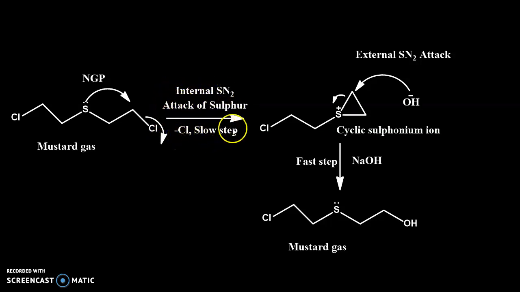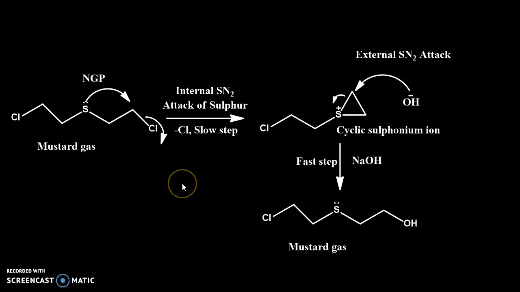Chlorine is a leaving group. This is the slow step. Now this is the cyclic sulfonium ion intermediate. This OH is the external nucleophile. It will attack on this bridge ion intermediate. This bond shifts on the sulfur. There is a formation of this product. Okay, so this is the product which is obtained here. So on this carbon there was a leaving group, and on the same carbon there is this OH, nucleophilic substitution. Now this is not mustard gas actually. This is mustard gas. Okay.